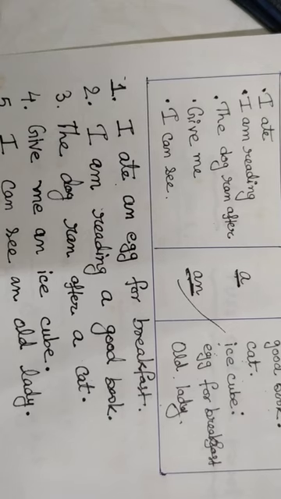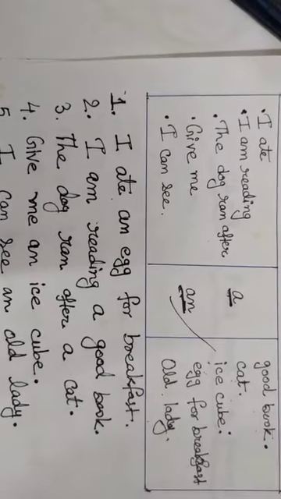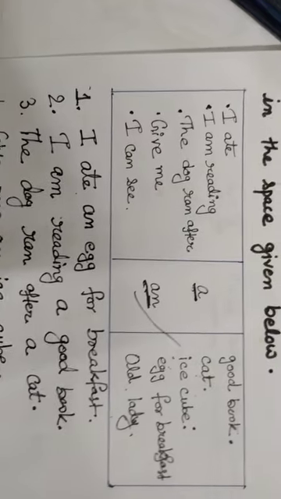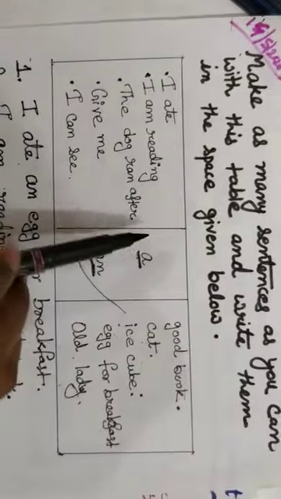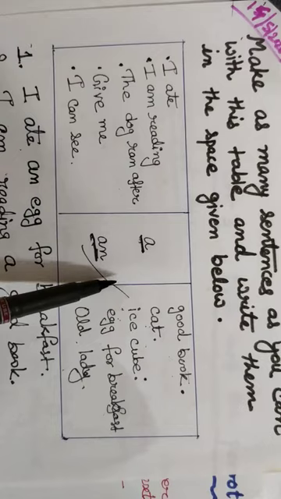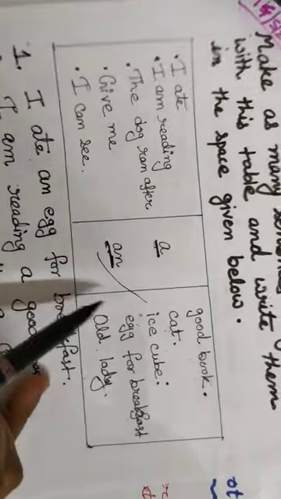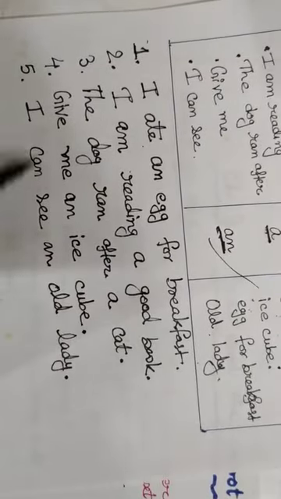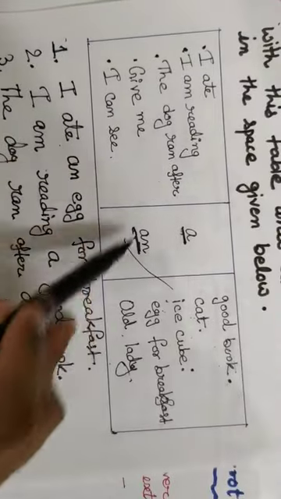lady. Now in our revision, that page number 6 is also completed. This kind of questions are given. See that pattern of questions are given. You will fill the space given here. Don't cross like this.